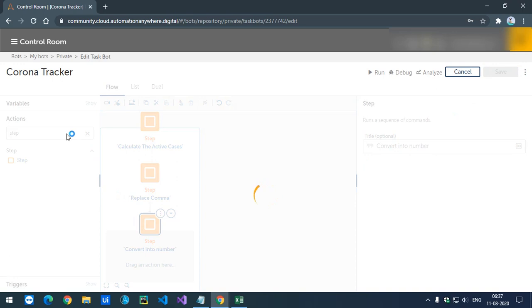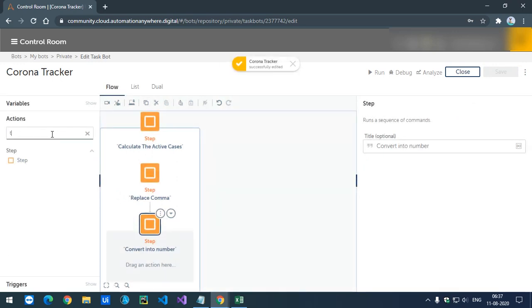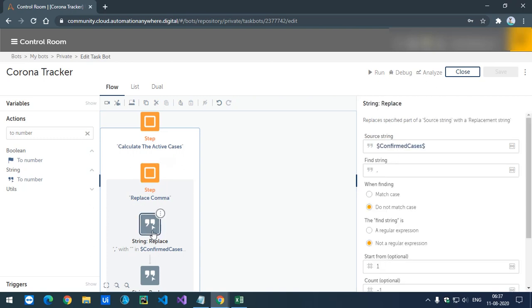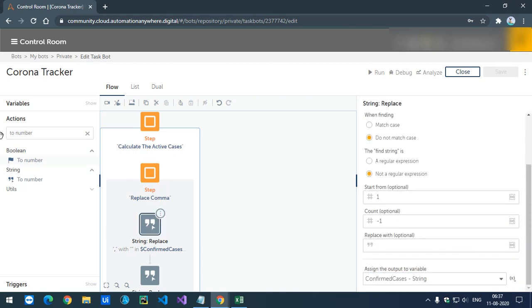For this we are going to use the To number action of type string. Why are we using this? Just see the description: convert strings to a number. This is exactly what we want to do. We are just replacing this string variable with the number. So I'm just going to take this action.